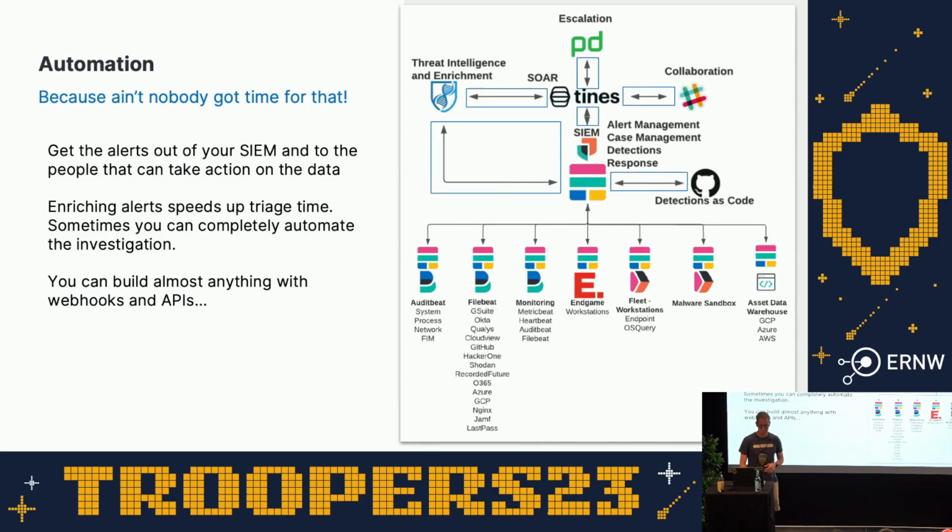And then automation, because once again, you don't have time to do all of this manually. You take the alerts from your SIEM and get them out. It's all webhooks and APIs. And I'm going to go into some of the cool stuff we've been building a little bit later. But you can link all of this together, and you can work with your OpenCTI or your MISP or your threat intelligence, take the data in your SIEM, look at the alerts, send alerts to PagerDuty or to Slack, whatever. It's amazing all of the stuff you can build out. If you spend a little bit of time on that, it'll save you hours and hours later on.